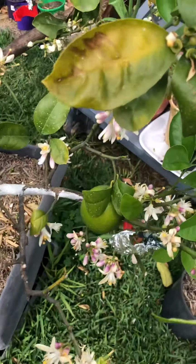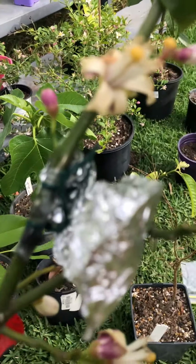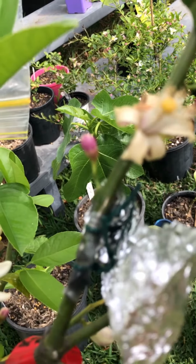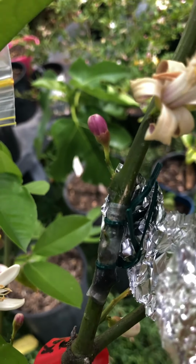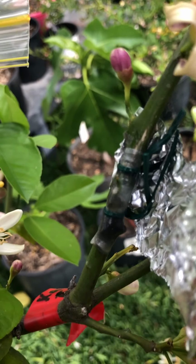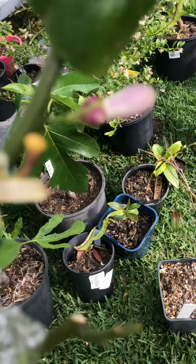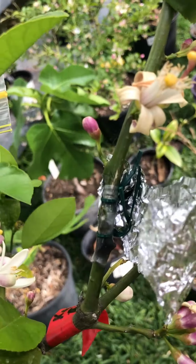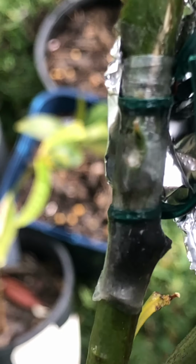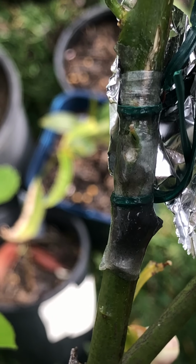So now this is a bud graft. I'll show you in here if I can get the thing to focus. Just want to try and zoom in a bit here. Okay, you can see what I've done there is literally just cut a bud out,